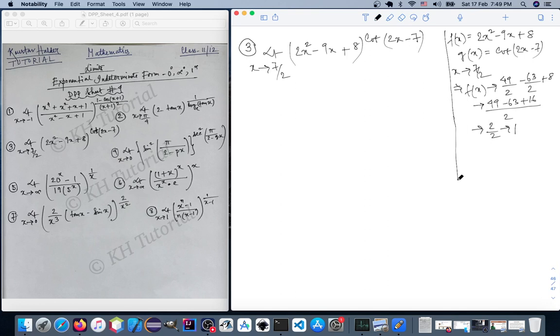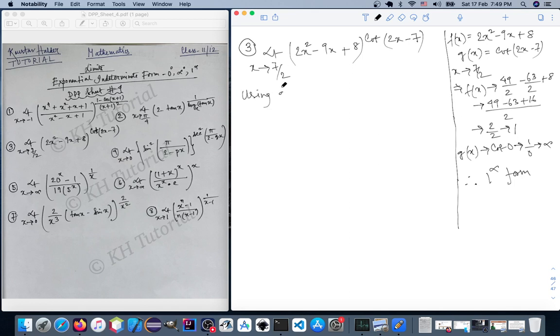So fx is tending to 1 and gx is tending to 2x minus 7, which when x is tending to 7 by 2 is 0. So cot of 0 implies 1 by 0 implies infinity. So the form is 1 to the power infinity form. So we can directly apply the formula for 1 to the power infinity